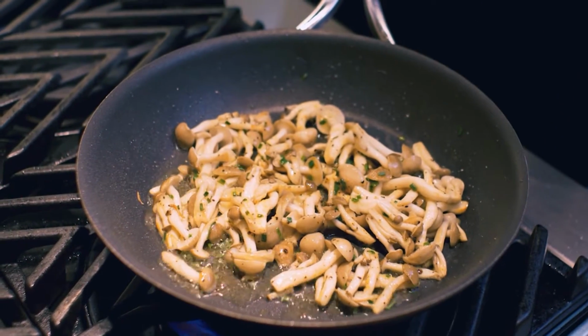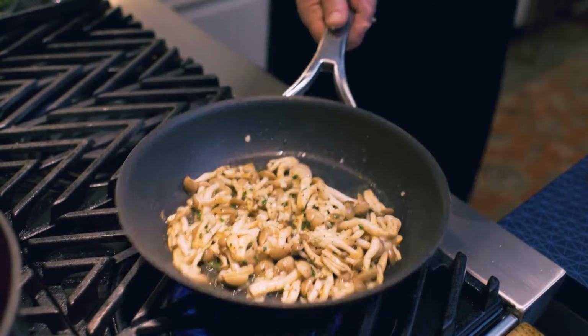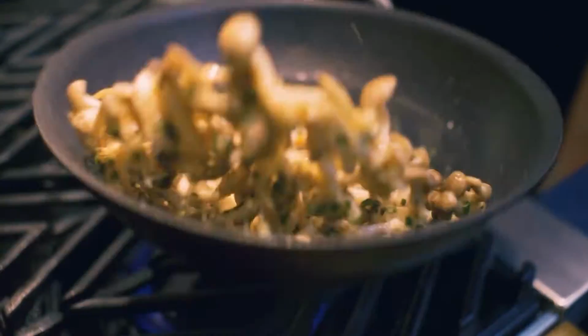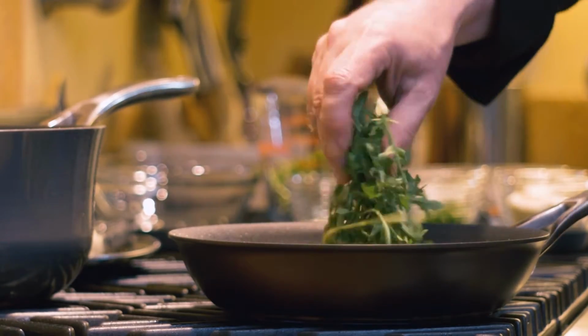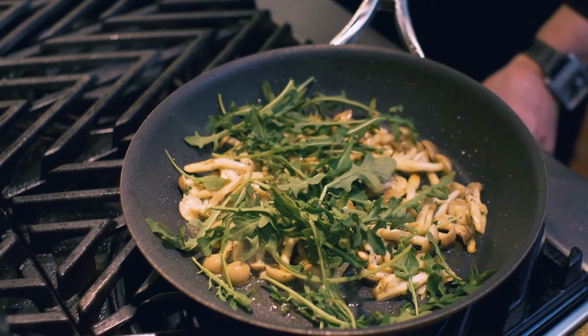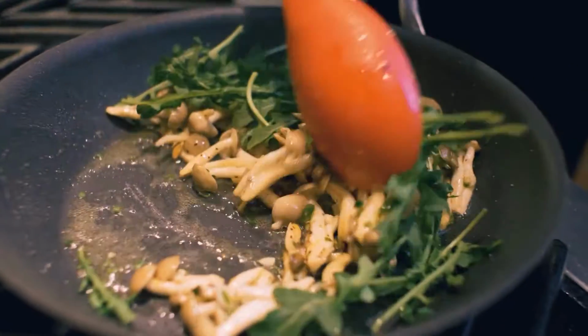This is like a dusting of magic that we're putting in it. The flavors that are in there. A little bit of chopped garlic. Not too much, just enough to give it the Sicilian presence. And the last thing that you want to do is to add the arugula. Now, when you add the arugula, I want you to lower the heat, and that is the key, because